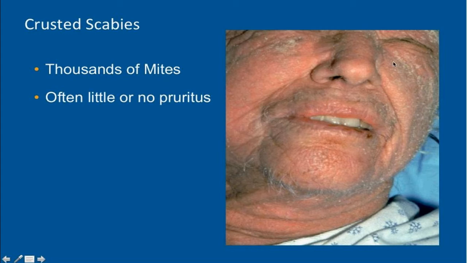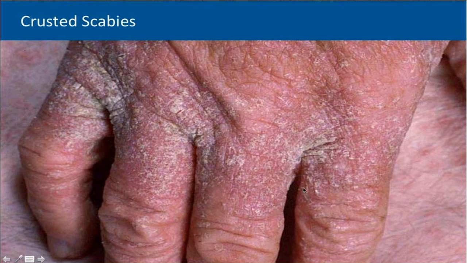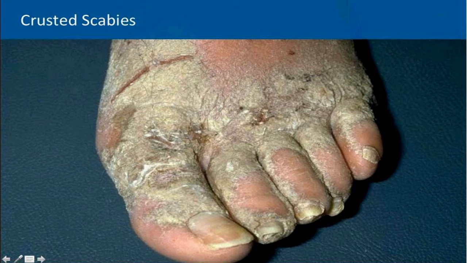You can see there's this characteristic yellowish waxy scale. And these patients tend to not be as itchy as you might think. They are absolutely covered with mites. Here's an example where if you scraped this hand, you would scrape off hundreds and hundreds of mites per centimeter. And so all of this is a big community of scabies mites. So this yellowish, waxy, scaly plaques on the hands and feet especially.